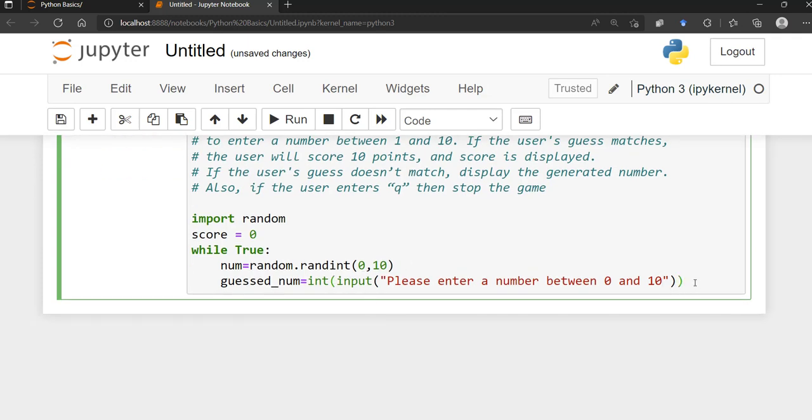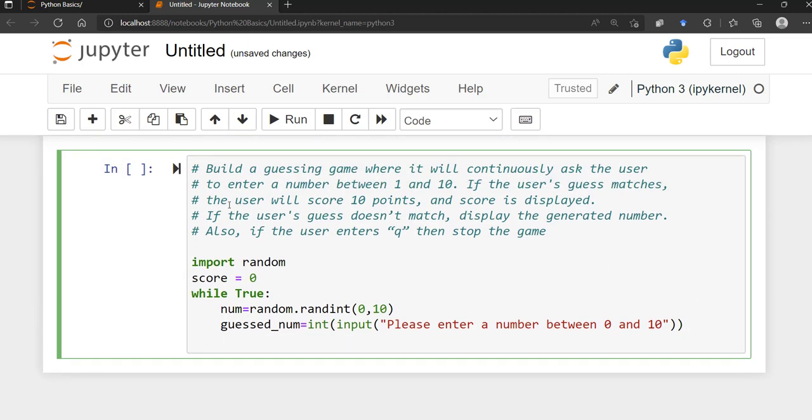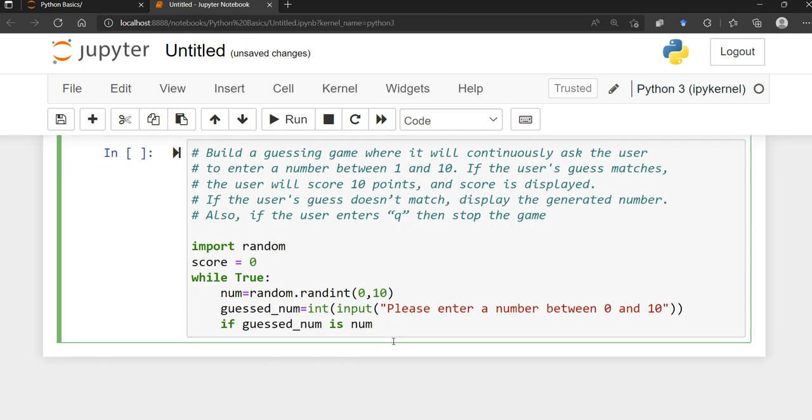So here, this is the loop, right? Now my if statement starts, and the problem will tell you pretty much step by step. Now that I have the loop, I'm going to keep guessing and keep guessing. This is what I want to do, inside the while loop here. So if guessed number is num, the number that I just randomly picked,